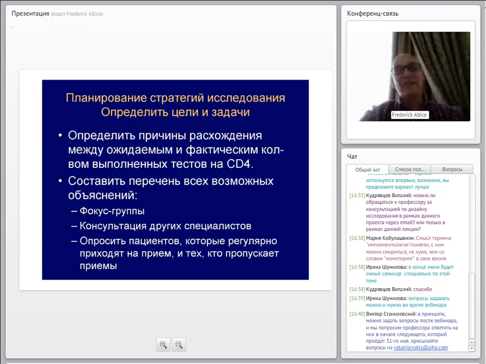So you have to actually perhaps get additional information through, one way would be qualitative research methods. You could pull together a group of patients who show up every 3 months, just like clockwork, and say, how is it that you're able to get to clinic every 3 months and do such a perfect job managing your HIV? But I would also get a group of individuals who come one time a year and bring them into a group and say, okay, you're supposed to be here about every 3 months, but that doesn't really happen. What are the sorts of things that get in the way of you being able to come back for